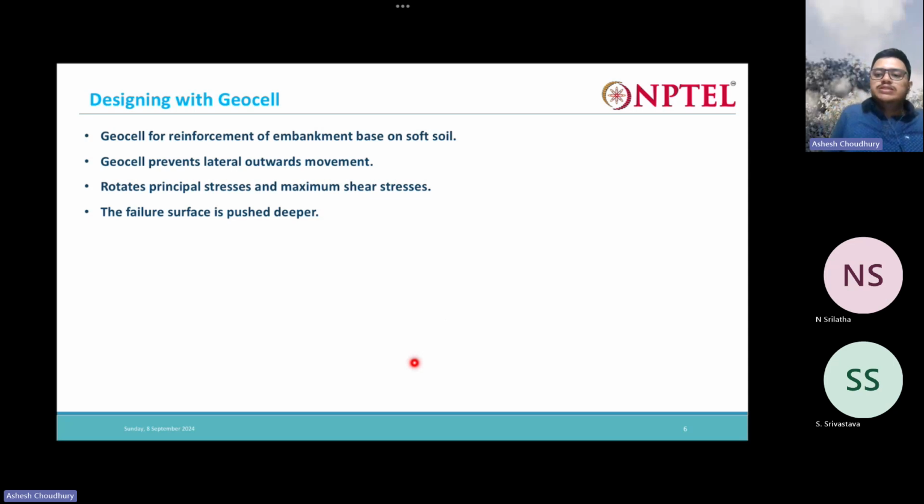Yeah, so geocell for reinforcement of embankment based on soft soil. That means what? Say you have an embankment. Okay, you have an embankment. The base of the embankment actually,